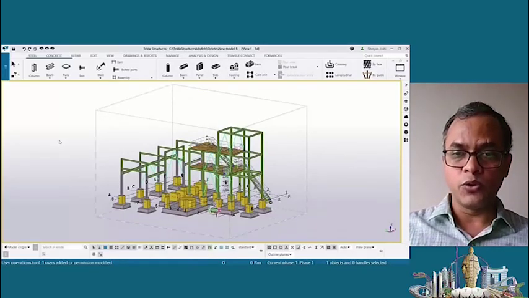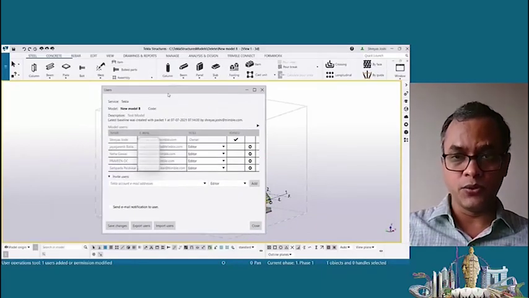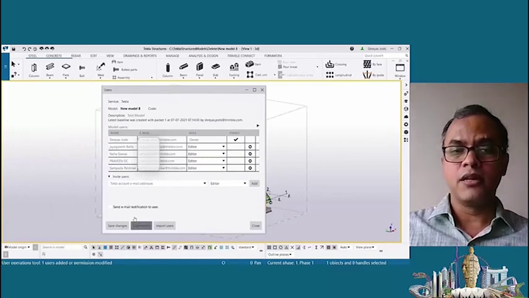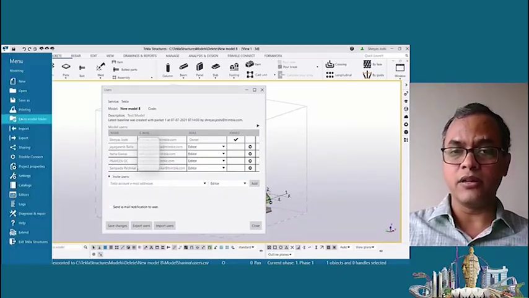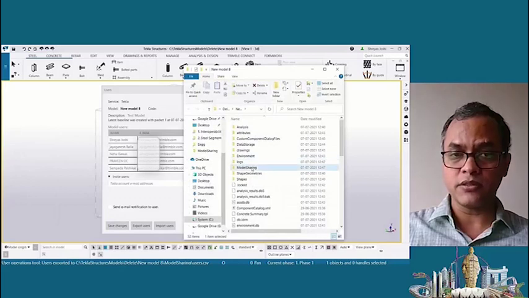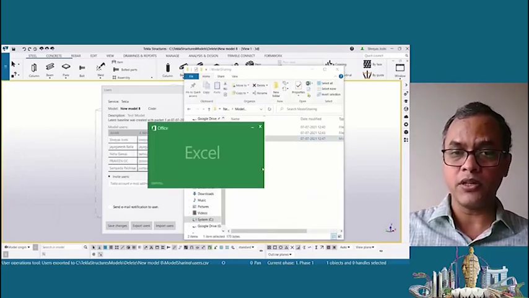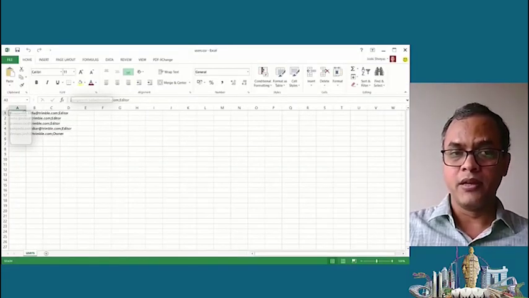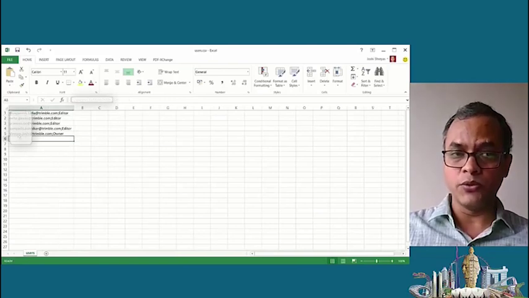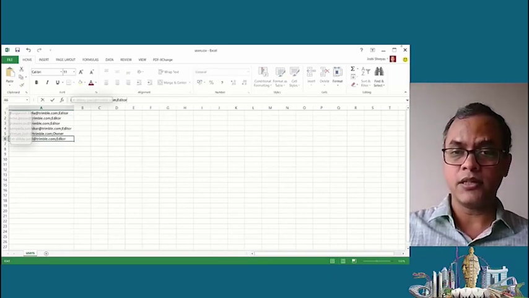So if we go to File, Sharing, Users dialog box, from here quite easily we can export the list of users attached to that particular shared model. If we want to include any new user in the list, we just need to add their email ID along with the role which we want to assign to that user.